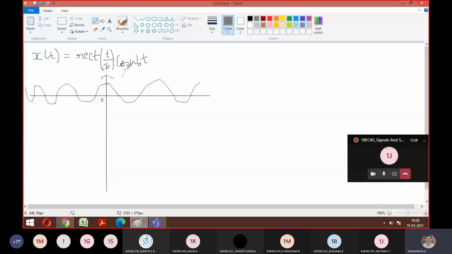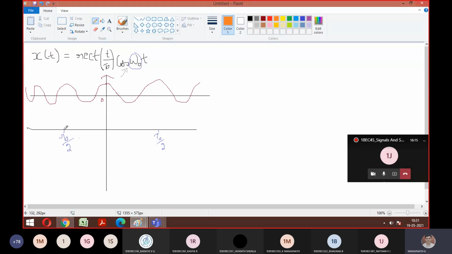Similarly, if you plot the rectangular function, how does it look? I told you clearly what a rectangular function means. What is the duration we took? Minus T naught. In the question, since omega naught is there, you have to go with your T naught concept. So minus T naught by 2 to plus T naught by 2. If I mark these two junctions with T naught, positive and negative, how does the waveform look?